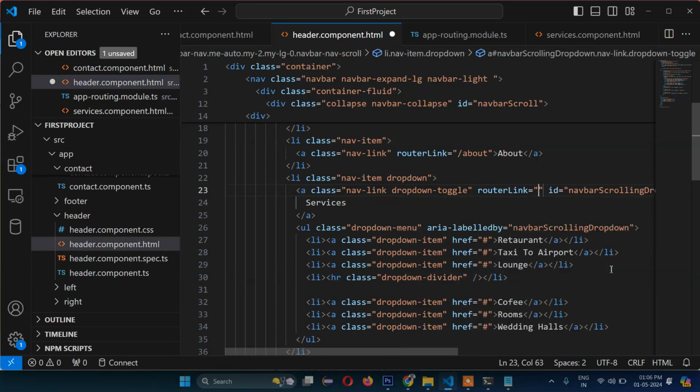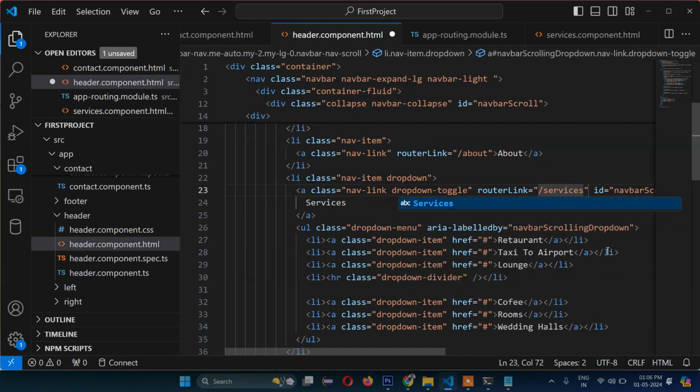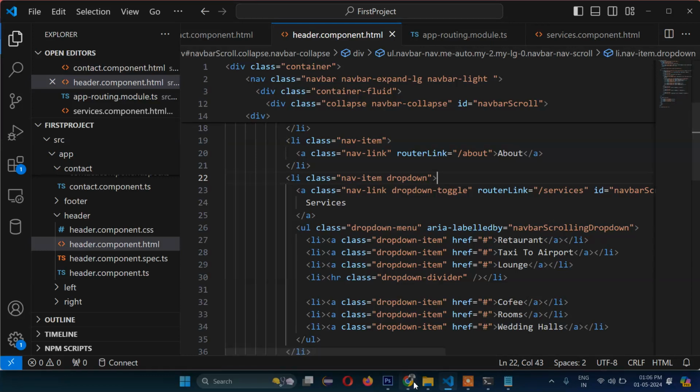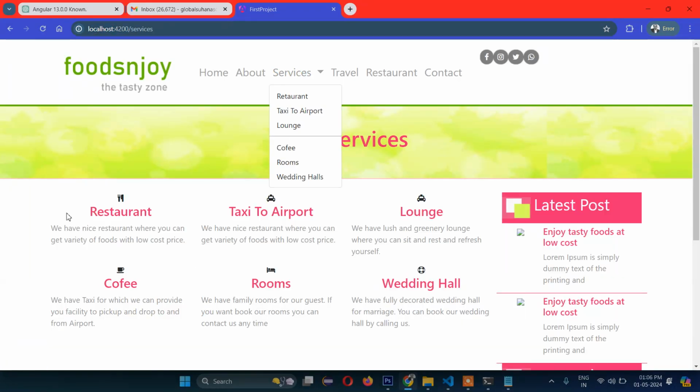Router link and then services. Okay, now let's check into the browser. So when I click on services, now you can see this services page is opening. When I click on about, then about is opening. Okay, now what I want, when I click on restaurant, then its subchild, that means the detail of restaurant should